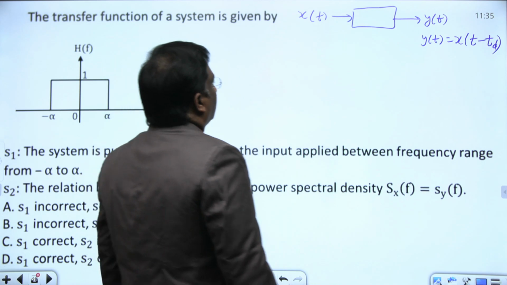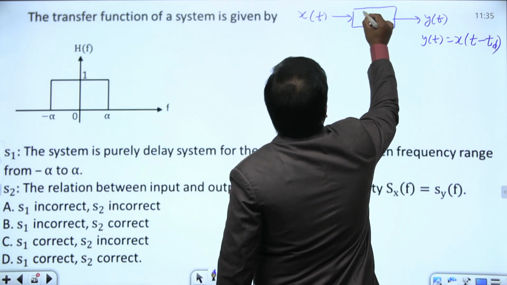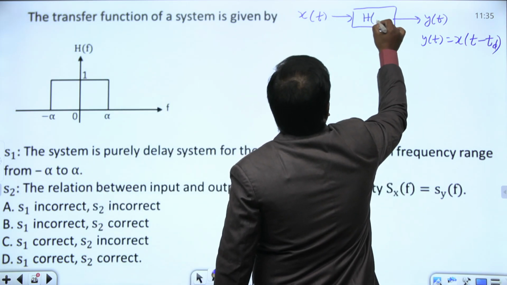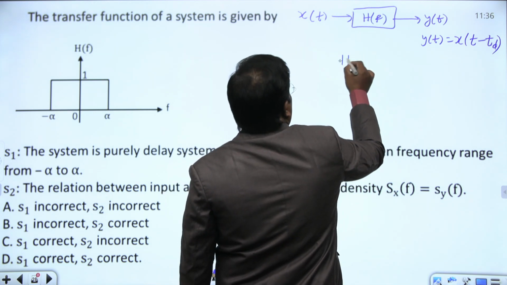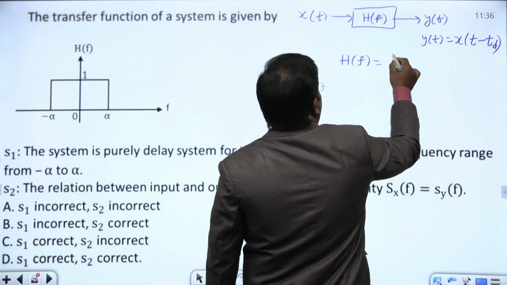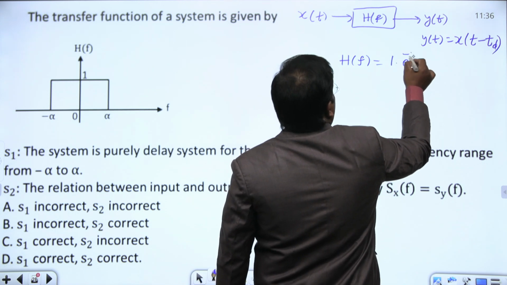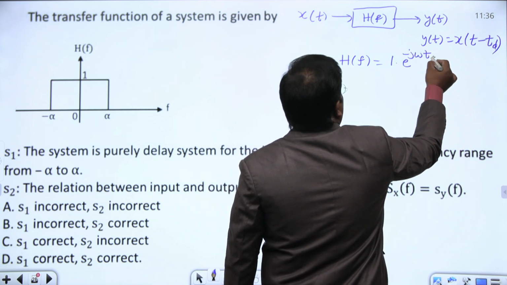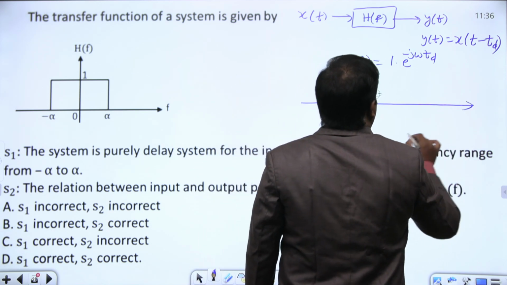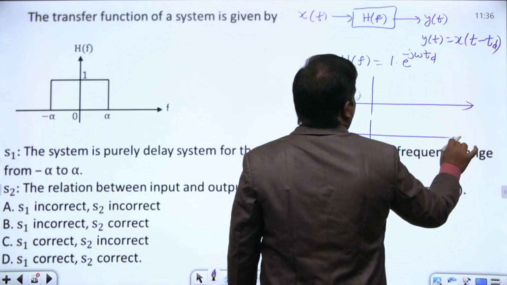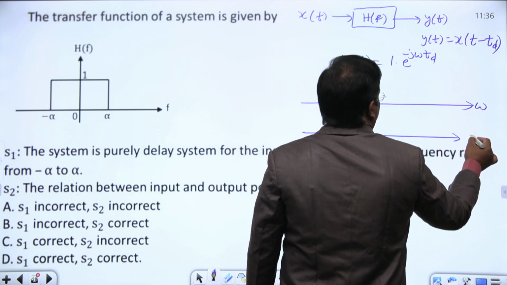Okay, if you talk in terms of the system function h of t or h of omega or h of f, the output by input, if you apply here this h of f, what will we get? Magnitude is 1, you will get e power minus j omega td here. And if you plot this magnitude response and phase response for this one as a function of omega or f,